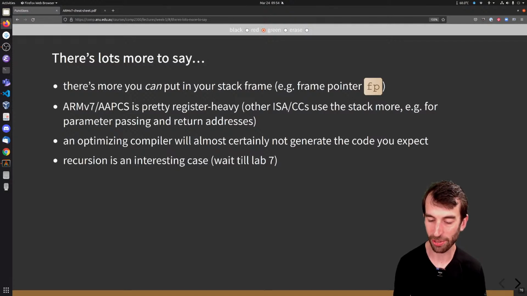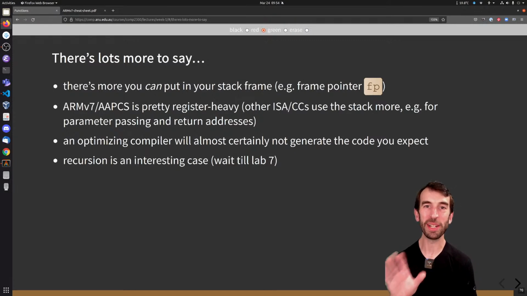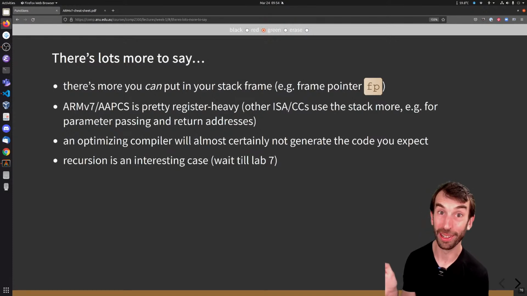Someone's asking if sequential is better than full nesting. No, it's not. None of them is better than the other. Use as much of the stack as you want. You're not going to run out of stack space in this course, hopefully, unless you do. But